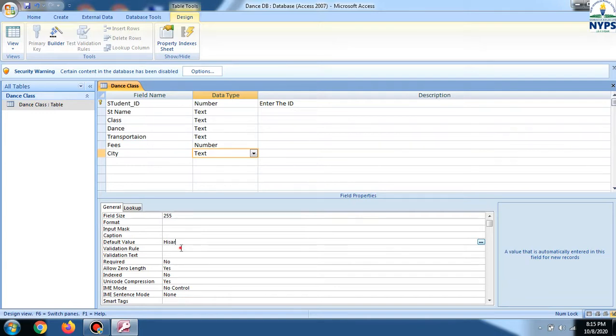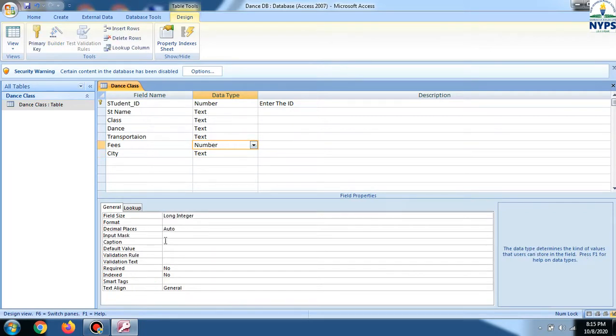The next one is your validation rule. I am taking the validation rule for a number field. It should be greater than 0 or whatever we want to set. For example, it should be greater than 100, so we cannot enter less than 100 now. I have inserted greater than 100 here.